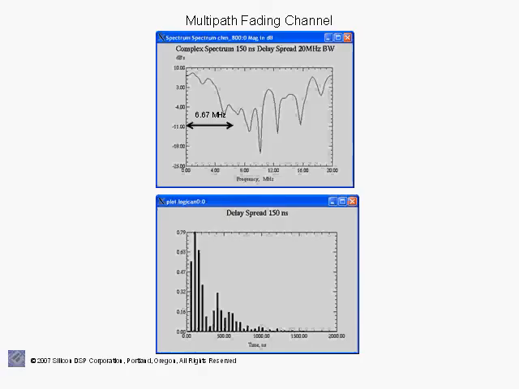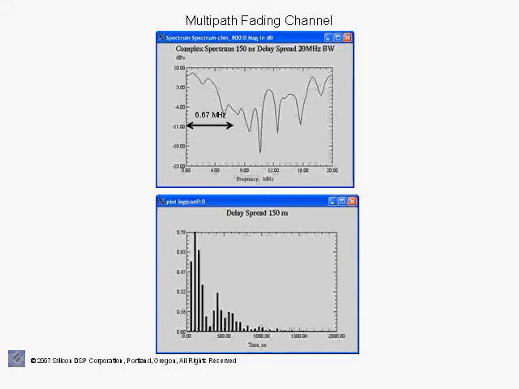We will begin by discussing multipath fading channels and the challenges that they impose in terms of high capacity, reliable wireless communications over multipath fading channels. For example, here we're showing the fading characteristics of a 20 megahertz channel with a 150 nanosecond RMS delay spread, and as we can see, we have deep fades in which portions of the spectrum operate at very low signal to noise ratio. At the bottom we're showing the power delay profile for the channel whose frequency response we show